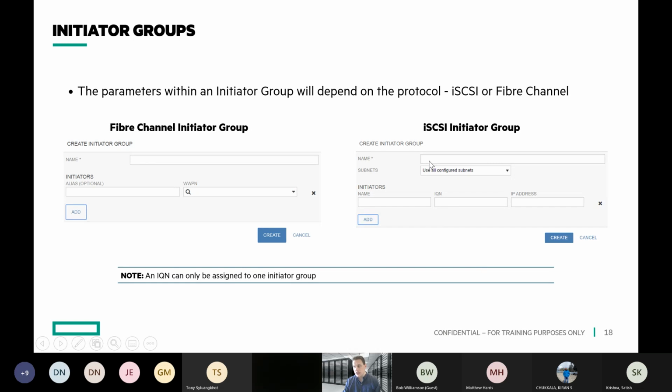For the iSCSI piece, again, give it a logical name for the group of initiators. Lock down your subnets. I do highly recommend you do this. You have the ability to allow access to a volume through the initiator group from any subnet or any set of IP addresses